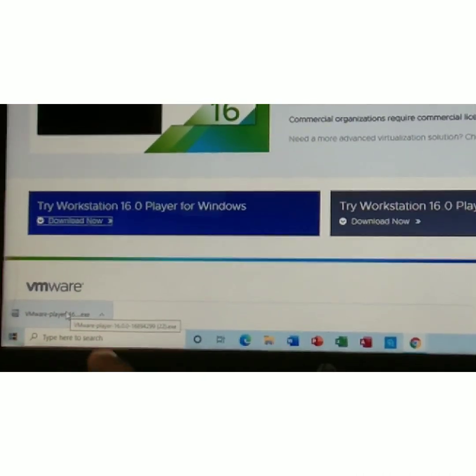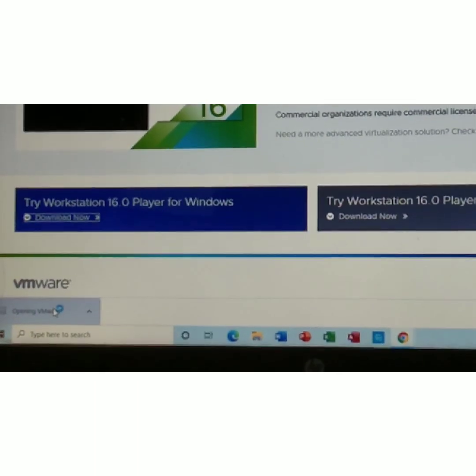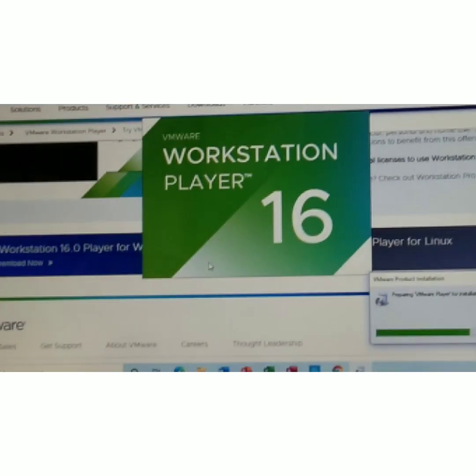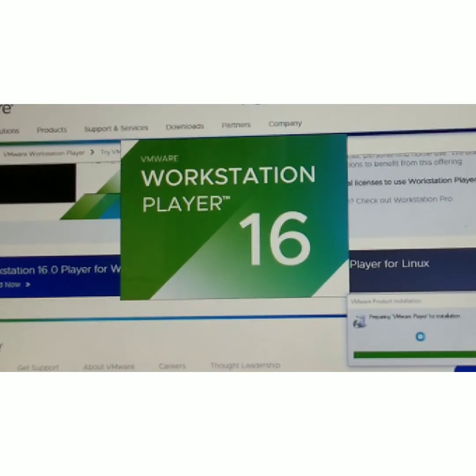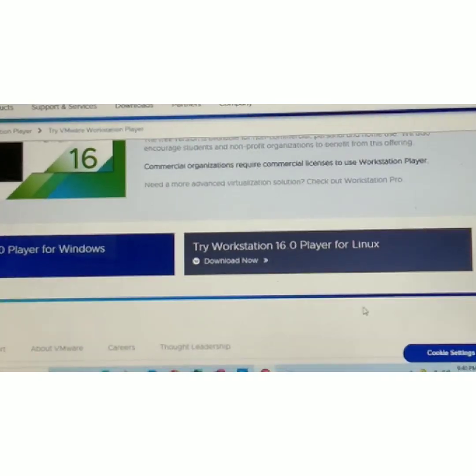You must click the box to open it, and it will show a pop-up message: do you want to allow this app to make changes to your device, VMware installation launcher? You must click the yes button to allow the software to make changes to your device so you can use that software. Now the VMware Player is preparing for installation to your device,